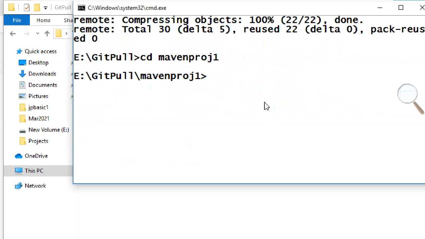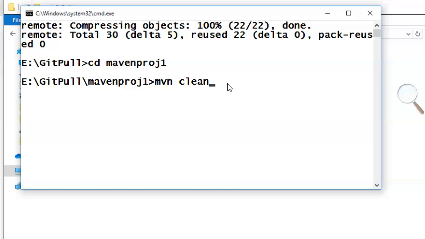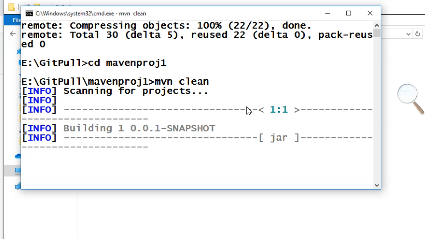Here is how to do it with Maven. First, mvn clean. Clean means any additional or previous repositories that were added will be cleaned. So the first command is mvn clean. I'm using mvn clean, so it will take a little bit of time. The clean command will take time; the first time, it definitely takes time. We can execute this command inside a project folder only.